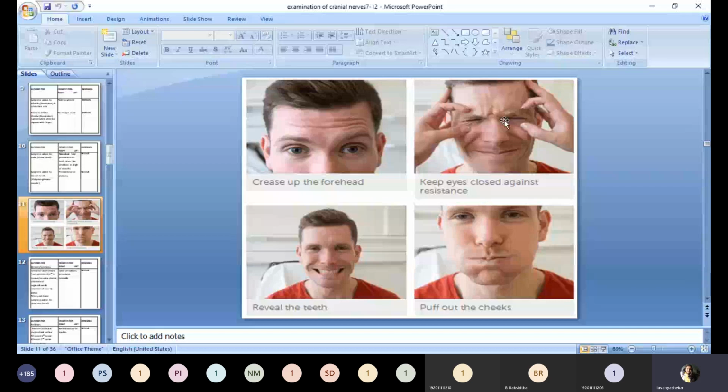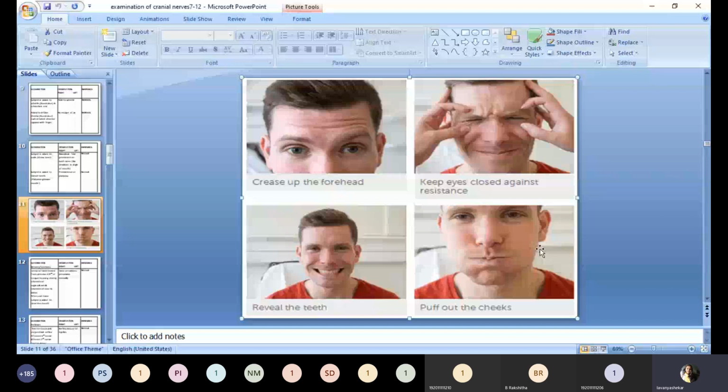To see the prominence of the platysma, you can ask the subject to clench his teeth. Here also you can see the prominence of the nasolabial fold, and also the prominence of the platysma muscle. Here you can even check for the buccinator muscle: once the cheeks of the patient are inflated, when you tap the cheeks, if there is escape of air, then there is damage to the buccinator muscle. If there is no escape of air, the individual is normal.